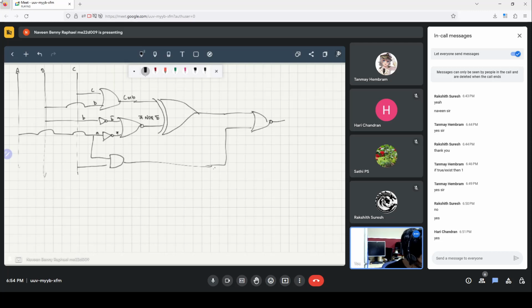Then we have this is C or B XOR A not NOR B. Likewise, this is A and this is C, so this is A and C. And then you have A and C here. And then the output of this is,